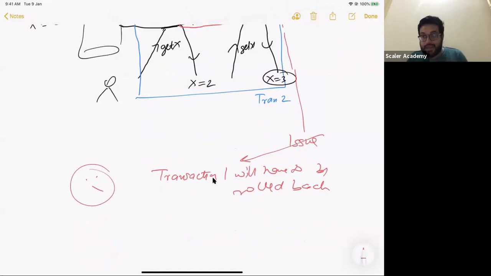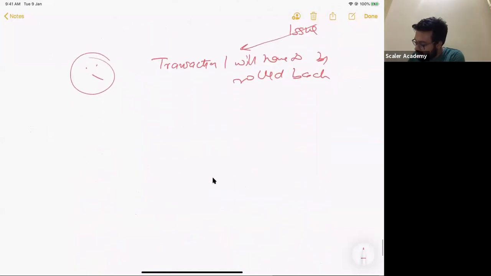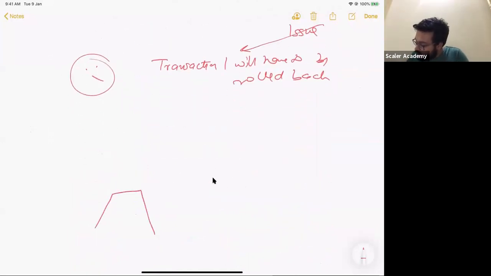Does it make sense? So this is the basic problem with this kind of isolation level, in which you are reading uncommitted data. There are a lot of folks who make this kind of a mistake. They feel कि problem ये हो रही होगी कि पहले user ने ये करा, दूसरे user ने ये कर दिया. This is not the problem, folks. This is not the problem.